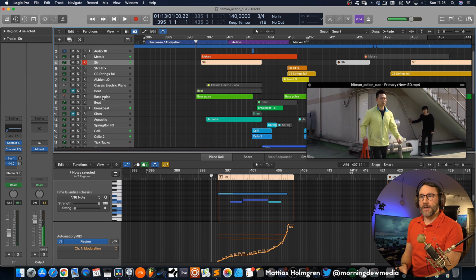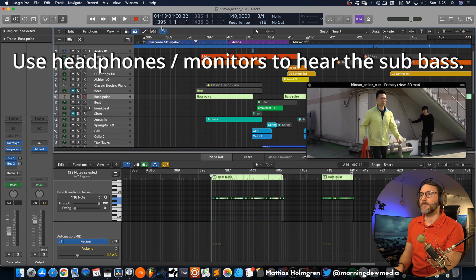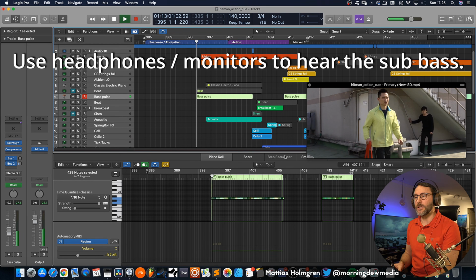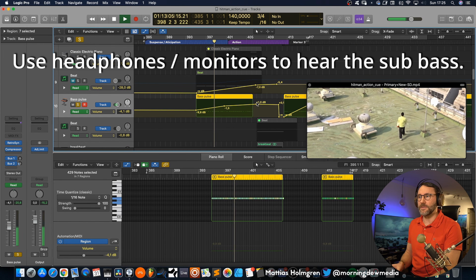Right, and then we also have a bass pulse here, courtesy of the Retro Synth, which is one of the native synths in Logic. Same thing here, we are rising the volume.